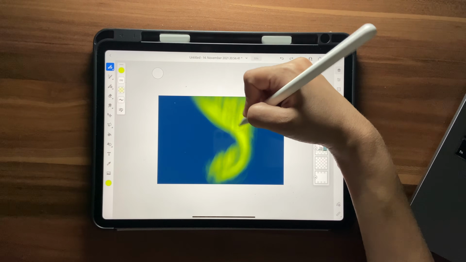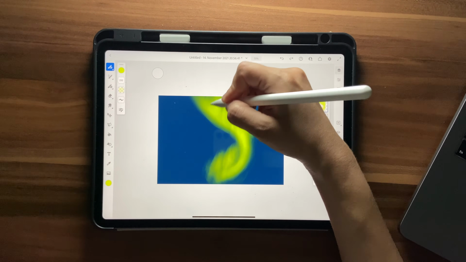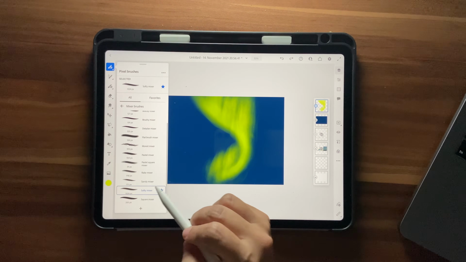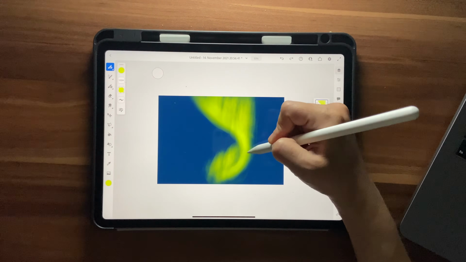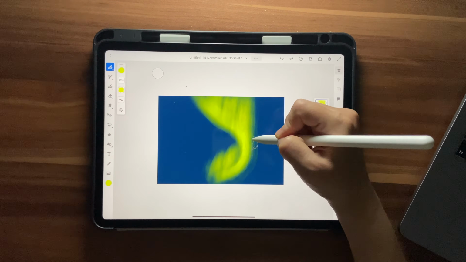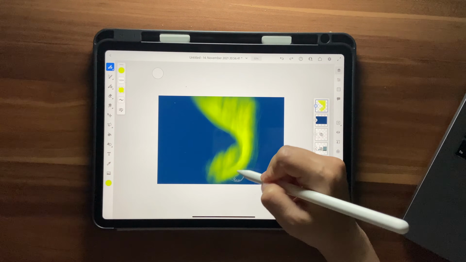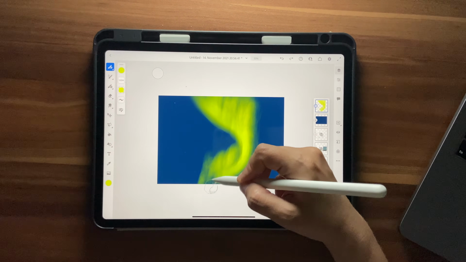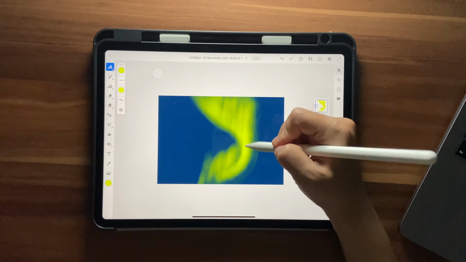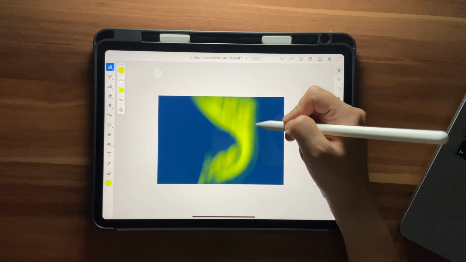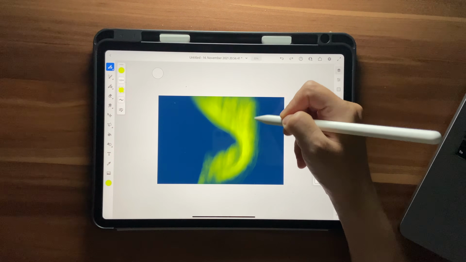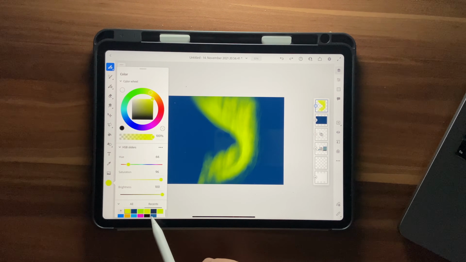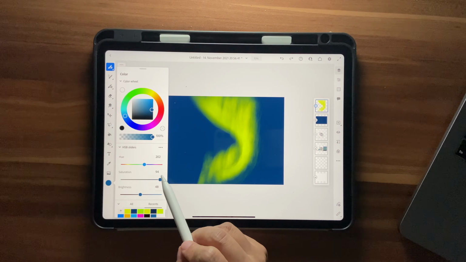and maybe like this, and I'll go back to my mixer brush and add a bit like that. Okay, that looks fine. And now I'll choose the dark blue that I have, that is 202, 94 and 48,